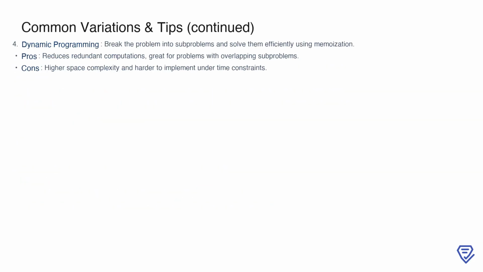Dynamic programming is another powerful approach to consider. This method involves breaking the problem into smaller, overlapping subproblems and solving them efficiently using memoization. Unlike brute force or simple recursion, dynamic programming avoids redundant computations, making it a great choice for problems with overlapping subproblems. However, it does come with its trade-offs. Dynamic programming often has higher space complexity due to the need for memoization tables, and it can be harder to